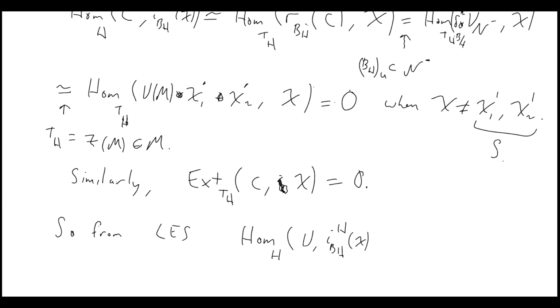So from the long exact sequence, the term involving the minimal representation, that's B, the one in the middle,